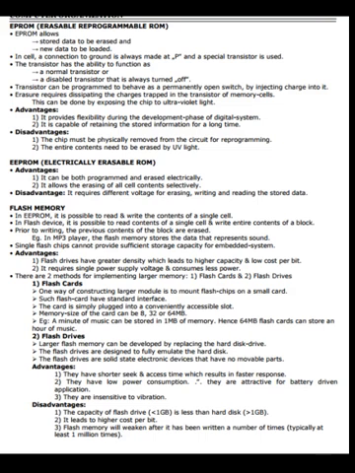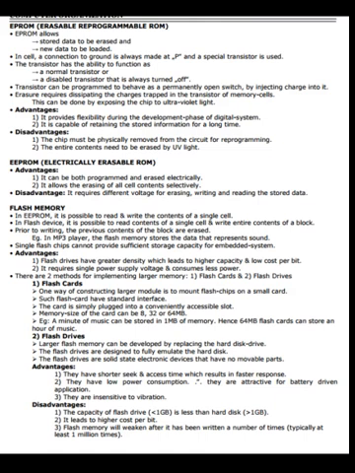Flash memory. In EEPROM, it is possible to read and write the contents of a single cell. In a flash device, it is possible to read the contents of a single cell and write the entire contents of a block. Prior to writing, the previous contents of the block are erased. Example: in an MP3 player, the flash memory stores the data that represents sound. Single flash chips cannot provide sufficient storage capacity for embedded systems.